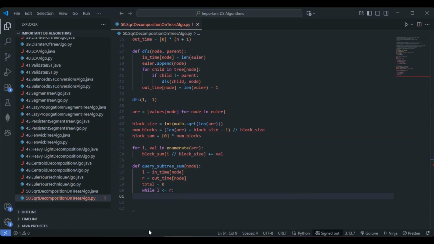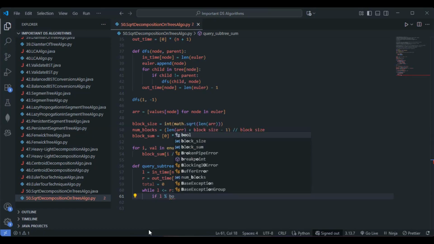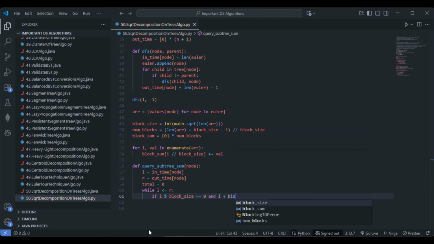Within the while loop, what we will be doing: if L is at the block start and the block fits fully in range, then we have to go with total equals total plus block sum of L by block size. So let's write that one in the form of code. You'll understand this one better. So this one will be L modulo block size, if it is equal to 0, as per the discussion, and L plus